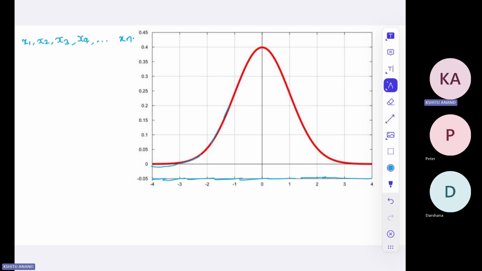If this red line is the probability density of the observation, then we say that this observation follows a normal distribution. Okay, so now what is so special about this particular plot, right? This is probability density, not the probability. So probability density denotes the density of the probability around this particular value. So this has the highest probability density, so the probability would be higher over there, but it's not exactly